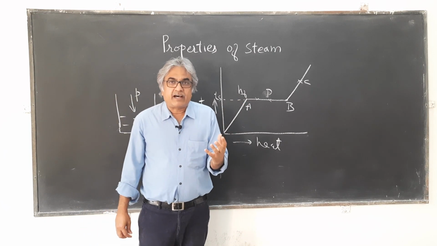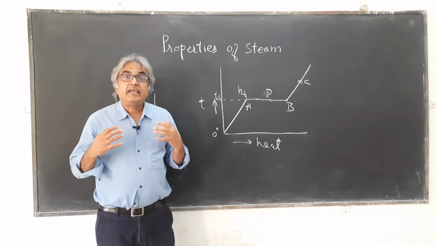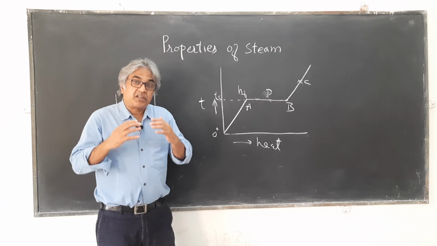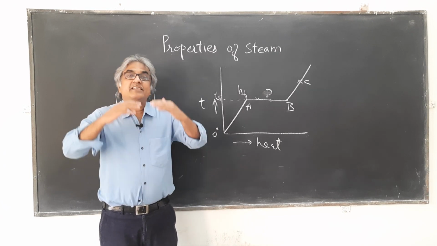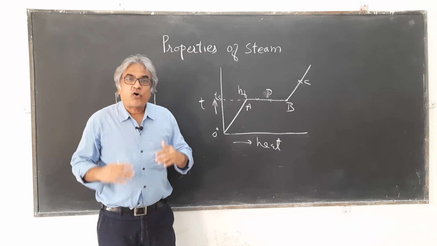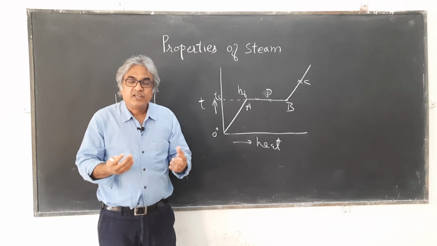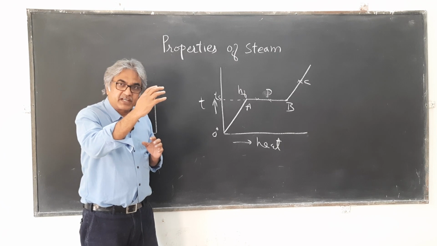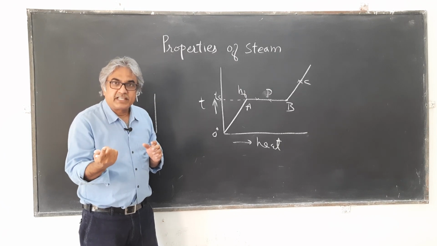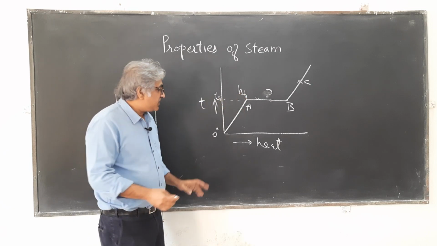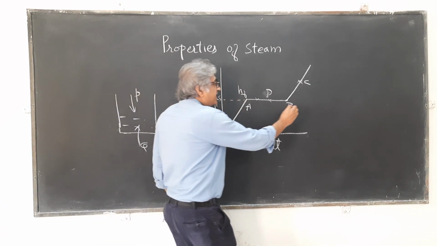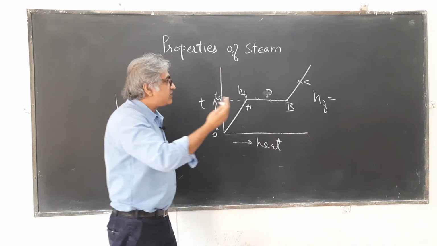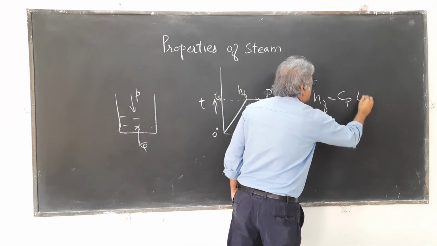Now, what is enthalpy? Enthalpy is nothing but the heat added to water which is at 0 degrees Celsius, to take it to the saturated liquid condition, when it reaches the saturation temperature. So it is the heat required to take the water from 0 degrees Celsius to its saturation temperature, which corresponds to the pressure under which heating is taking place. So this is HF. Because this is the total heat added from 0 degrees Celsius to Ts, it is also equal to Cp into Ts.